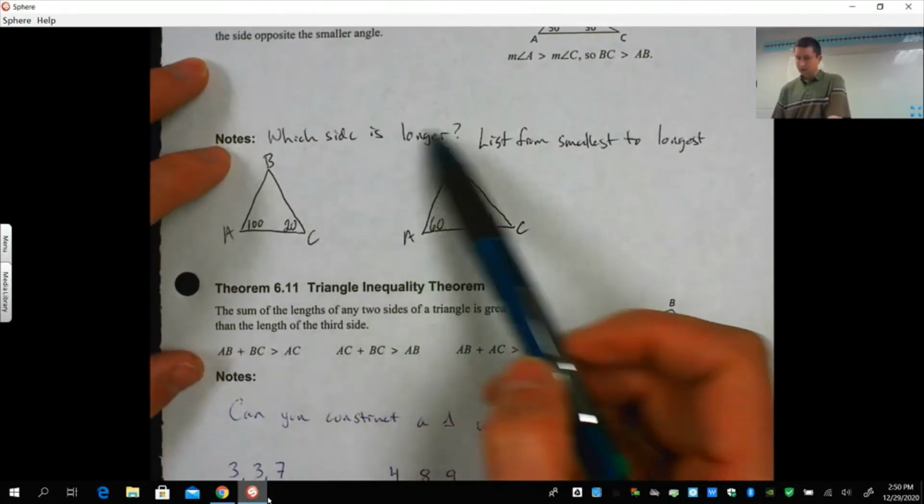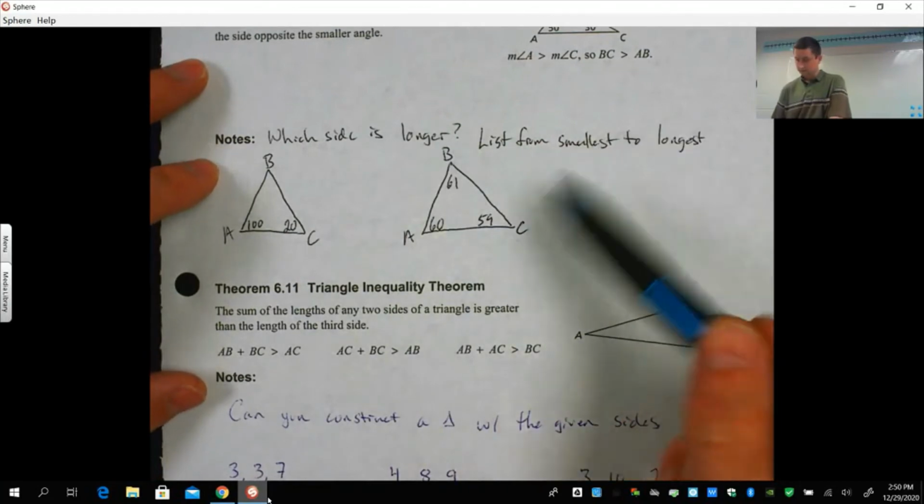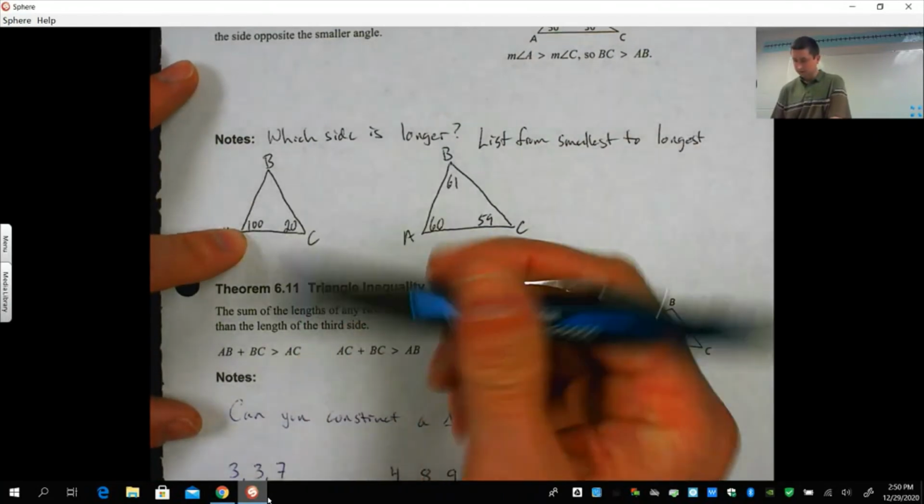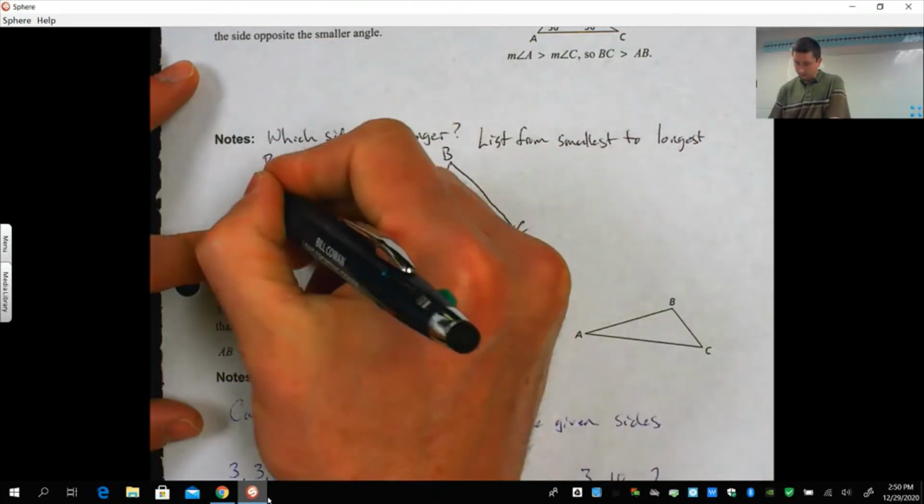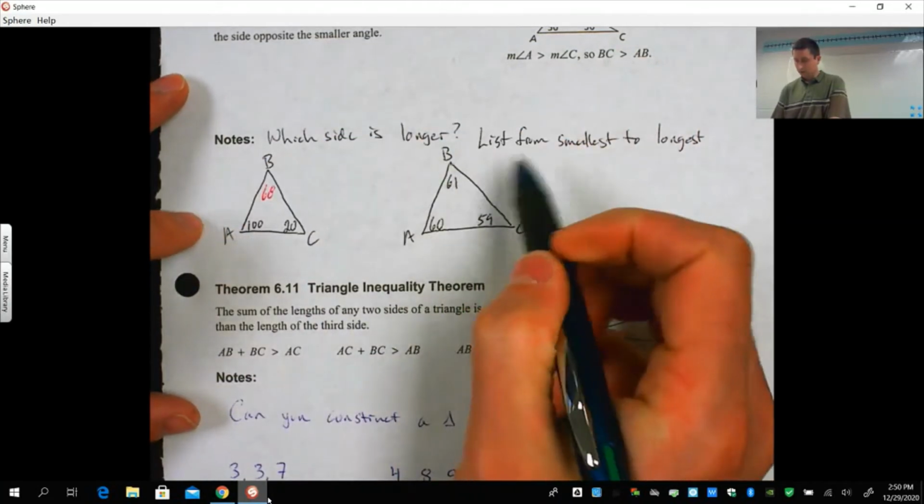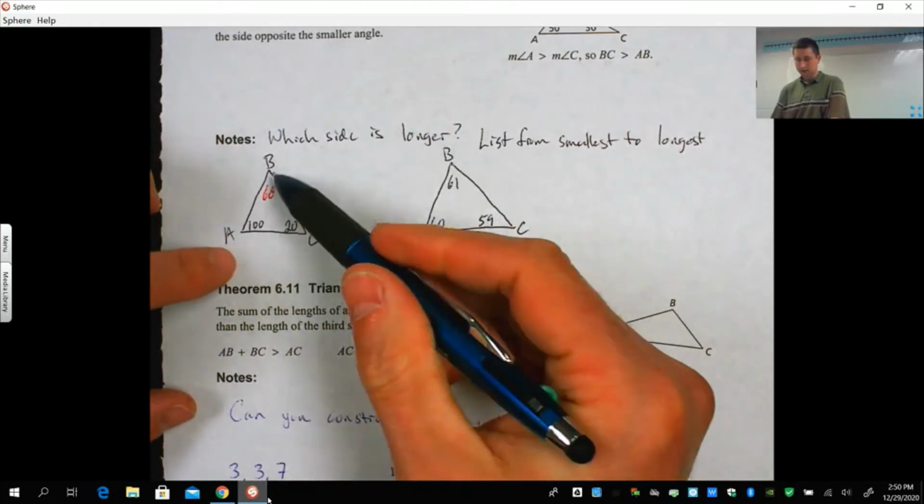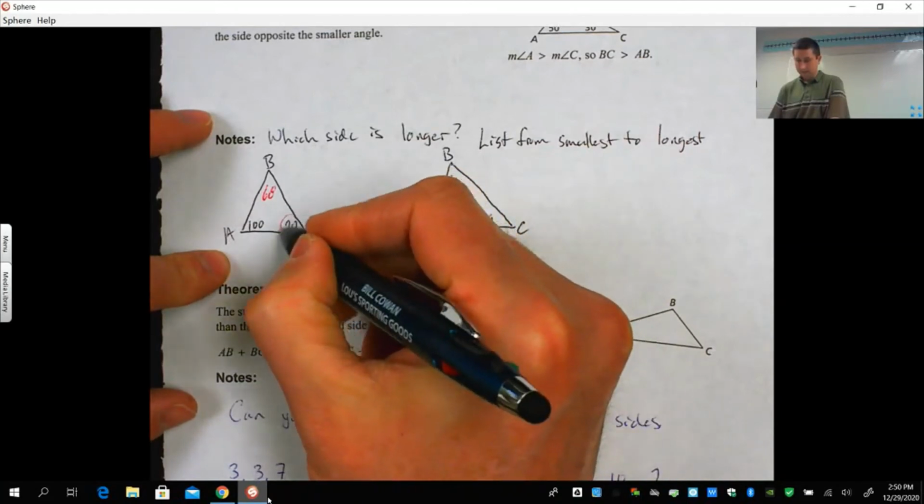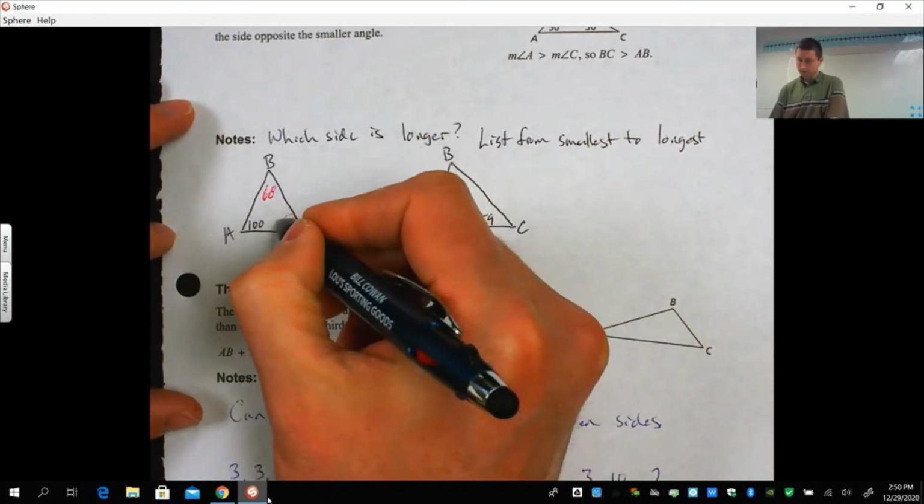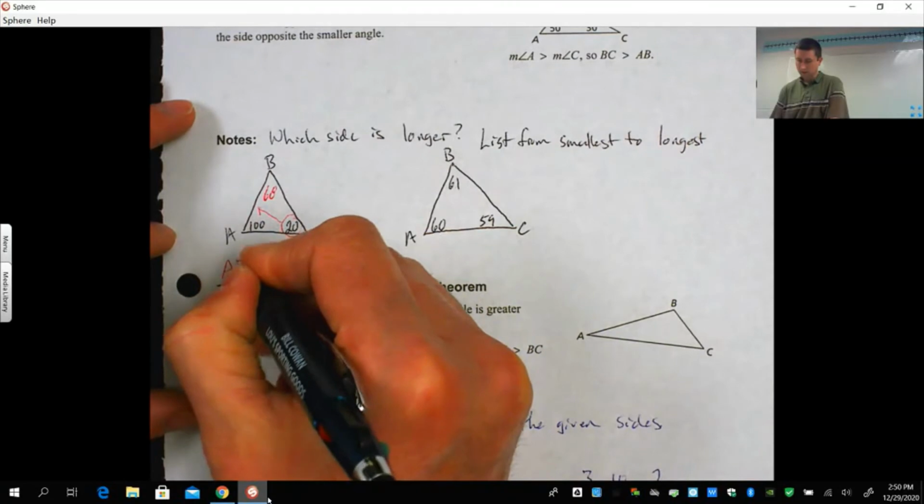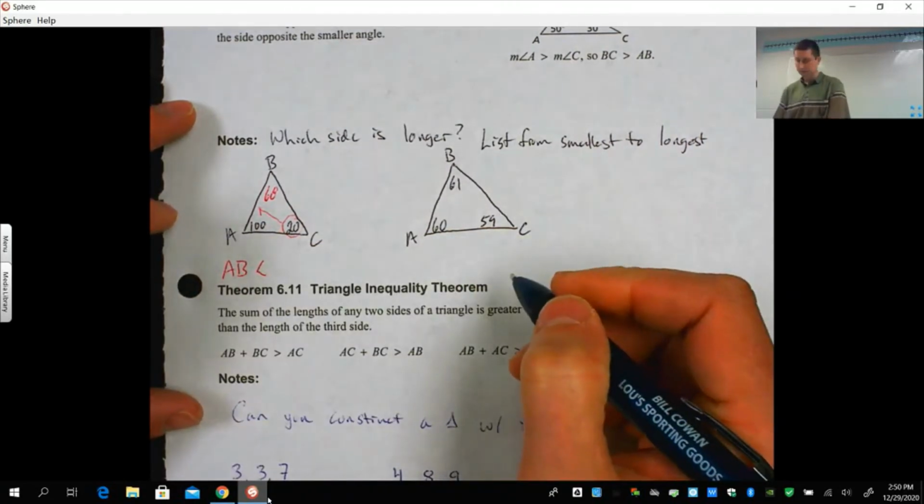So which side is longer? List from smallest to longest. If we have 100 and we have 20, that makes this third angle 60 degrees. They want the smallest side, not drawn to scale. This is my smallest angle here, so the smallest side has to be AB. So AB is going to be this first one. AB is less than,